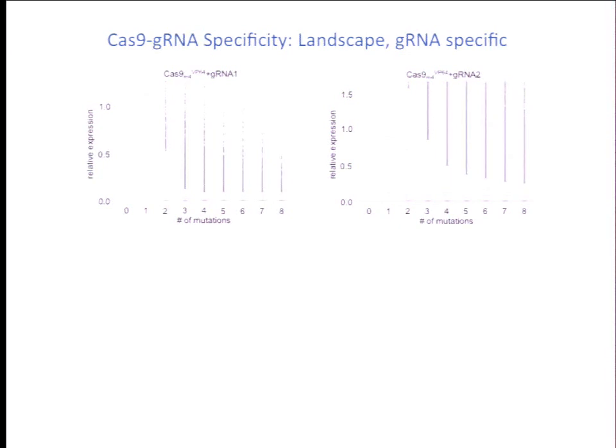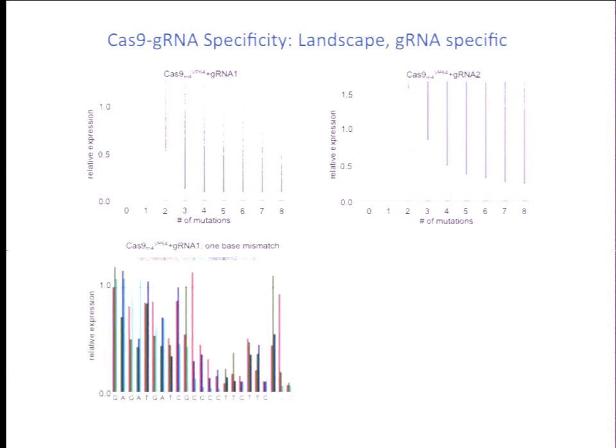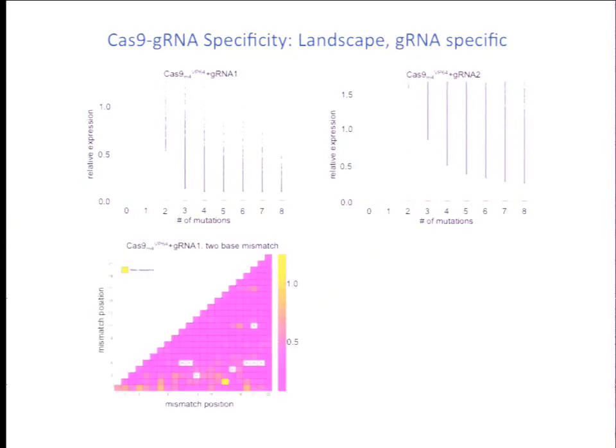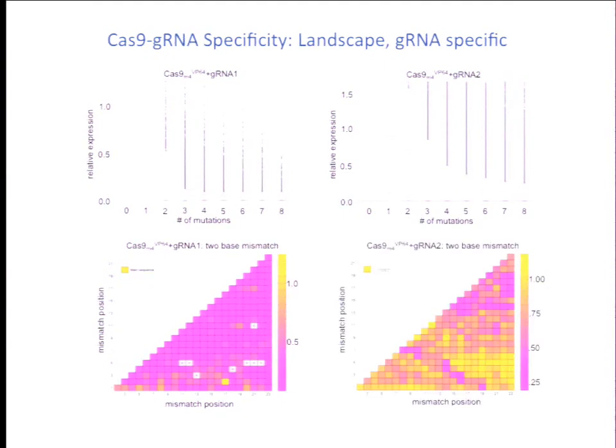For instance, in this guide RNA, even with 1 or 2 mutations in your target site, one still retains a large amount of activity. And again, if you examine the single base mismatch data, then while the former guide RNA was specific in the 3' region of the target, the second guide RNA is not very specific on the 3' end of the target. And this is, again, recapitulated in the 2 base mismatch data, where the first guide RNA completely loses activity upon 2 mismatches. The second guide RNA still retains activity upon mismatches in the 5' end of your target region.